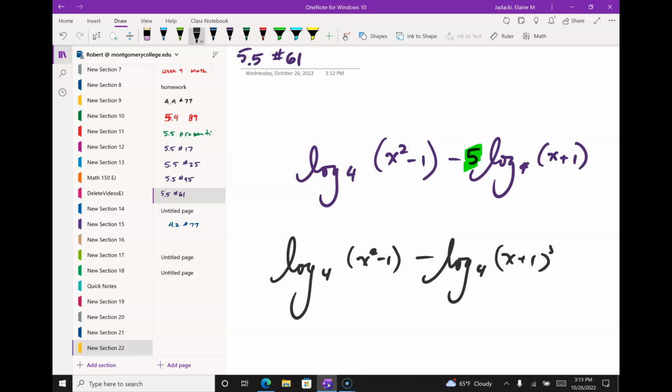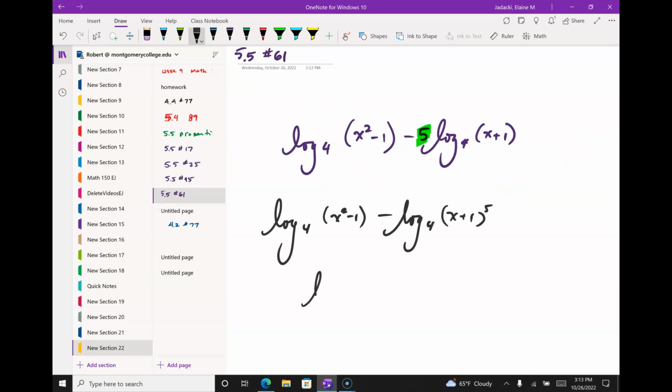Yes. I probably should prove that one to you. I didn't prove that one. I proved the first property, right? Now I can combine this to a single log base 4 of x squared minus 1 over x plus 1